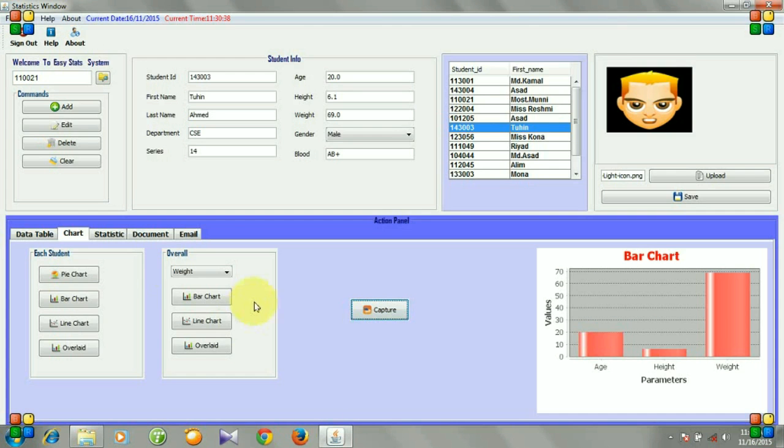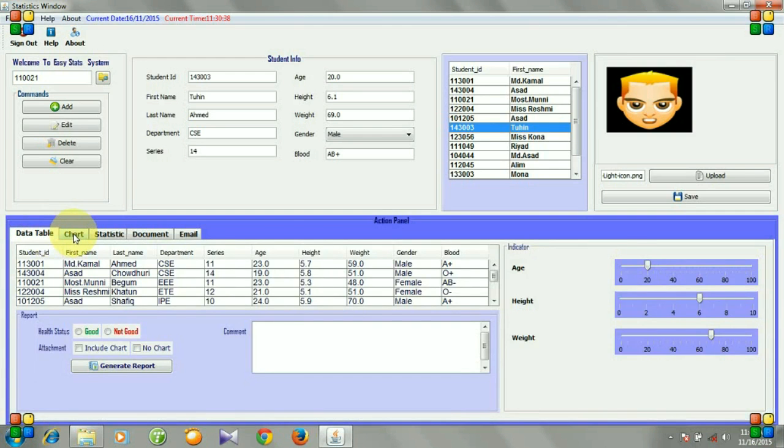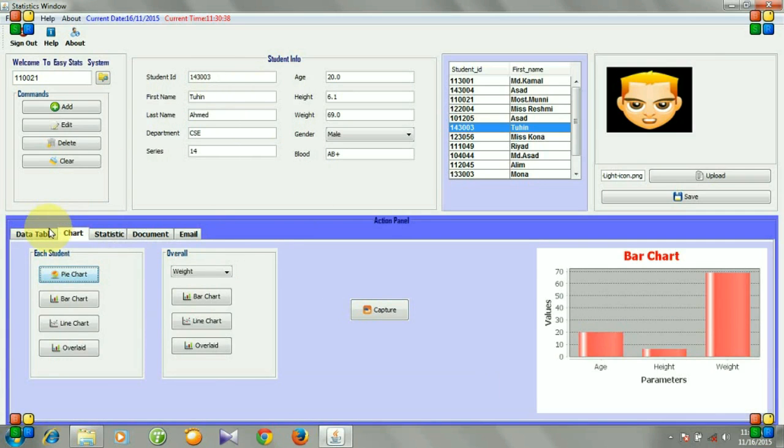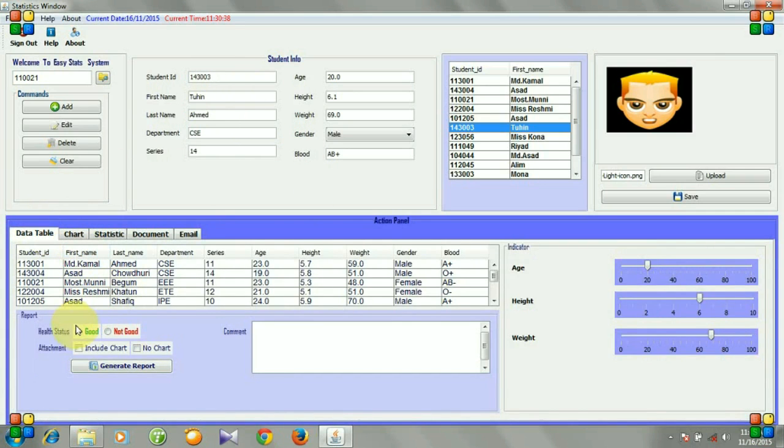And now we want to create a report of this student. So we need to go to the report panel. Here by clicking the generate report button, a report will be generated. Before that we need to keep the status of the student.